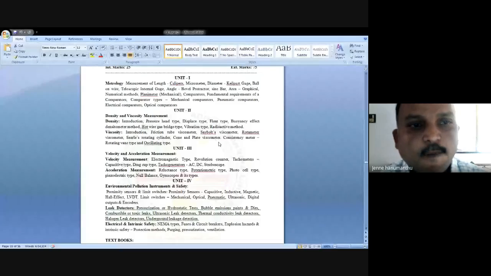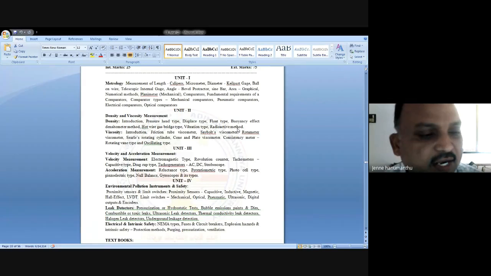Last class we discussed measurement of diameter using taper gauge, ball and wire, and telescopic internal gauges, right? And we also discussed how to measure the unknown angle, that is with the bevel protractor and sine bar, right? And today we see